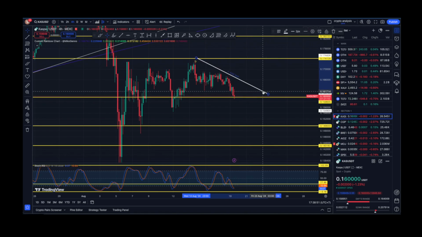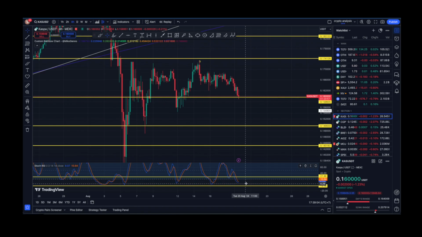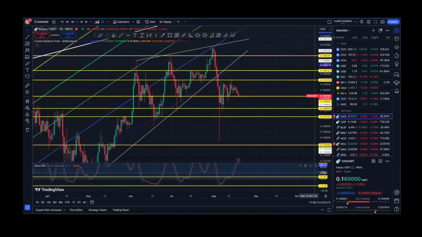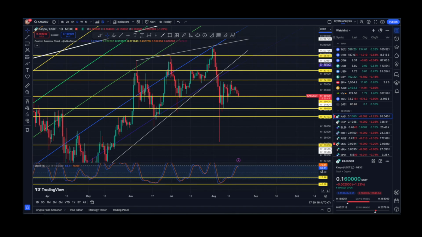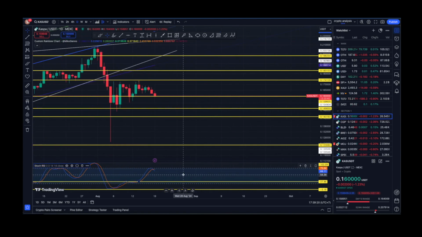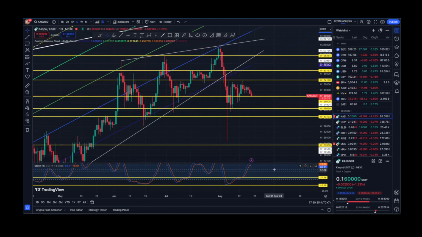So now guys, looking at stochastic RSI on the 4-hourly time frame, let's have a look at what is going on. We've dipped below that mid-range and it looks like that blue line is flattening out at the moment, right? But let's have a look at the daily time frame to see what's going on. On the daily time frame, guys, we are close to the ceiling, and the blue line is showing us a slightly different story because we are going towards the downside now, right? So we could potentially expect some reset.